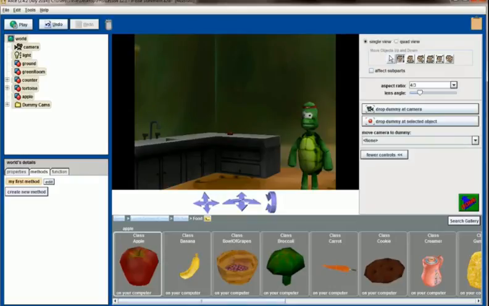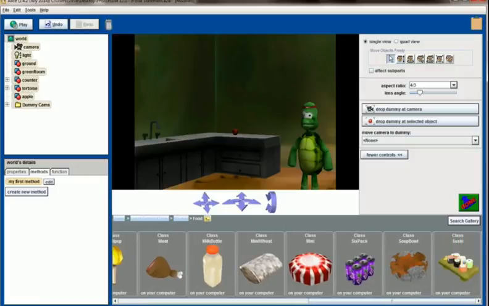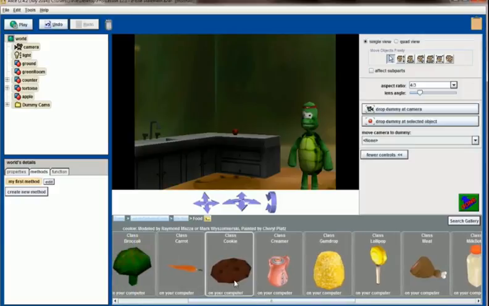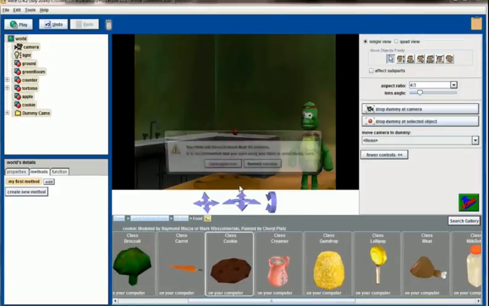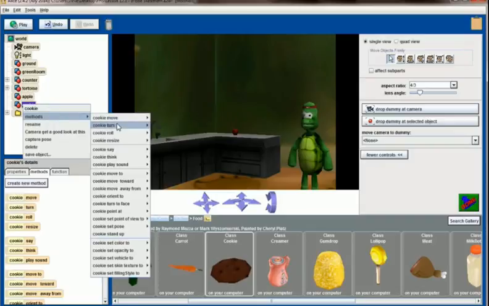Awesome. So we've got our apple, and maybe let's add one more piece of food, maybe something not quite so healthy. And gosh, probably the best thing that I can see on this list right here would maybe be the cookie. So let's go ahead and add a cookie to the scene. And let's get my reminder off there. Get the cookie into the scene. And because I can't see it, it's actually under the floorboard. I'm going to right-click on the cookie and have the cookie move to the apple,